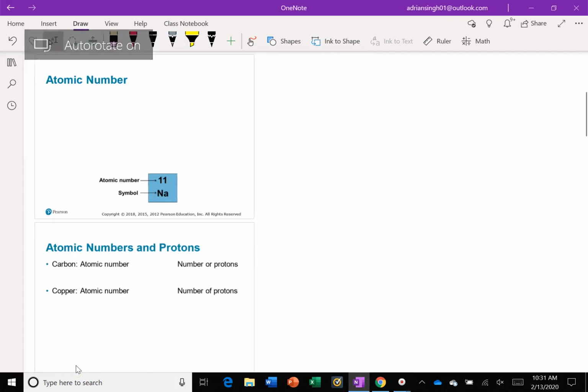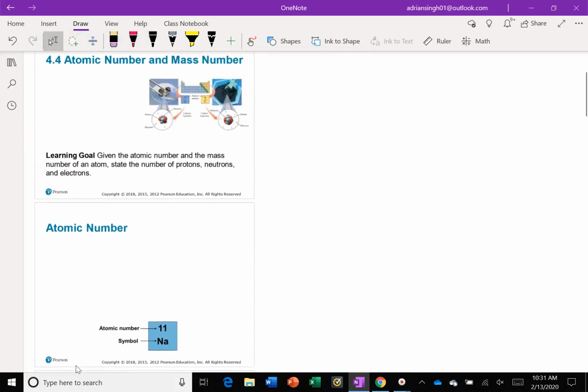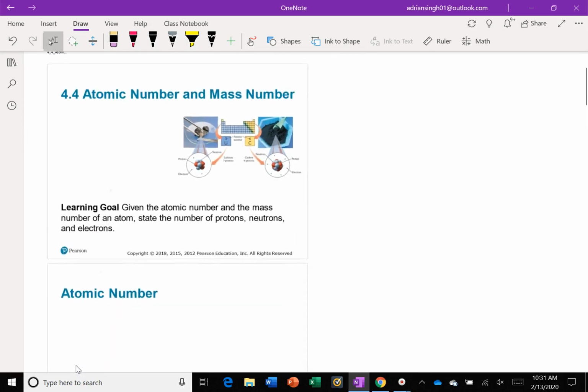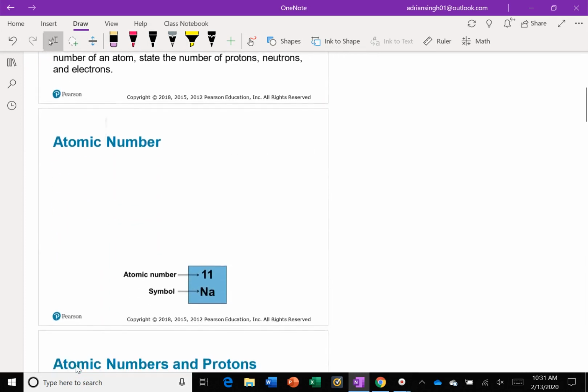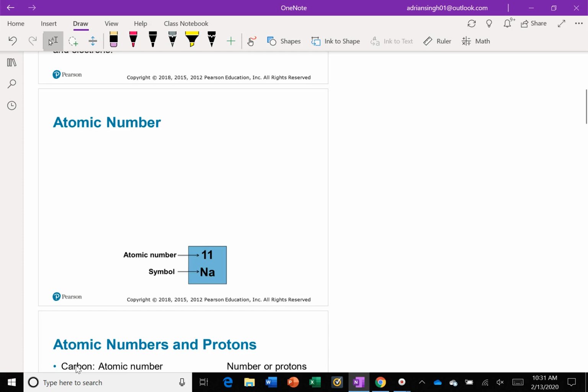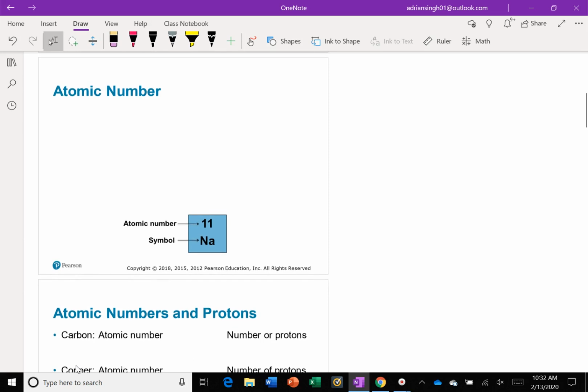Alright, so now that we have a basic idea of what the atom is actually made up of, now we're going to take a look at how we can make some sense of those subatomic particles and figure out how many of each of them we have in a particular atom. So the first thing we're going to take a look at is something known as the atomic number, right? And the atomic number is how the atoms are arranged